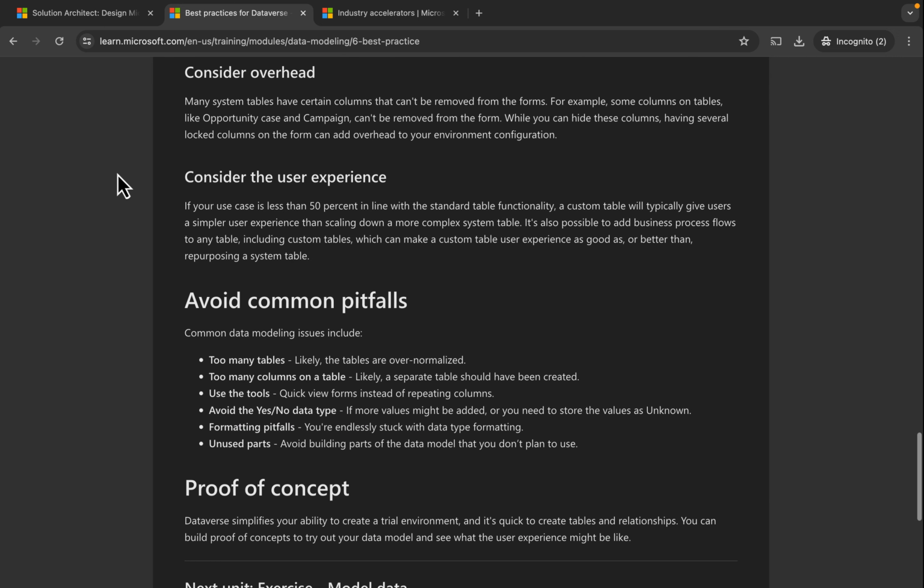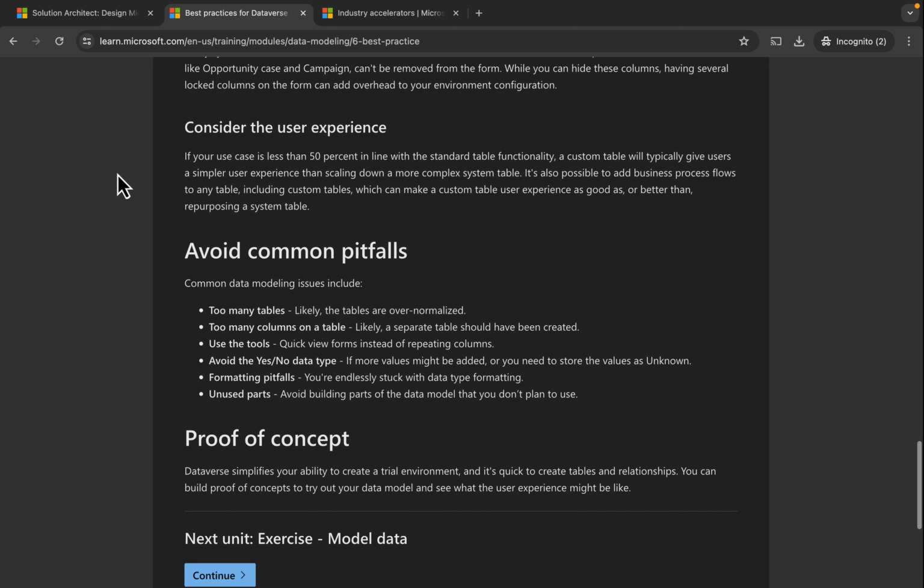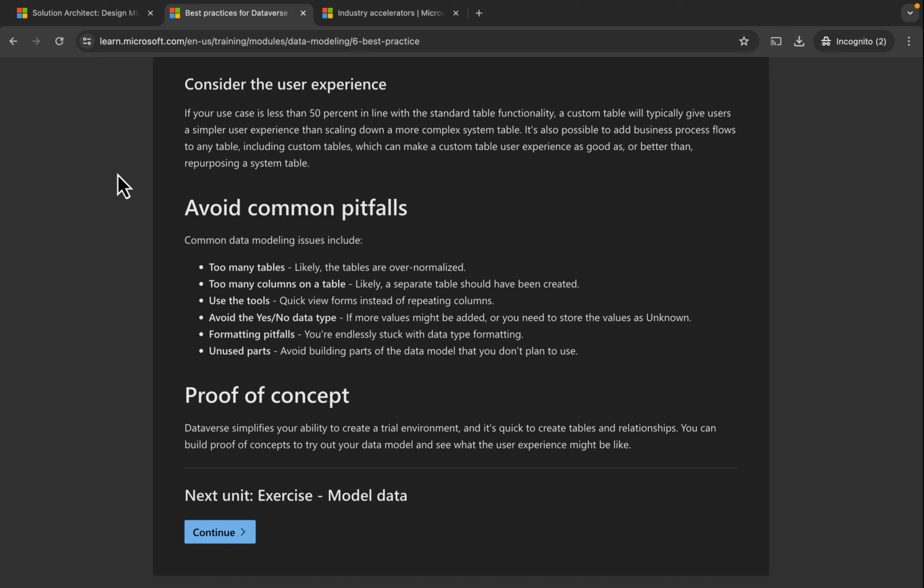Consider overhead. Many system tables have certain columns that can't be removed from the forms. For example, some columns on tables like opportunity, case, and campaign can't be removed from the form. While you can hide these columns, having several locked columns on the form can add overhead to your environment configurations. Consider the user experience.